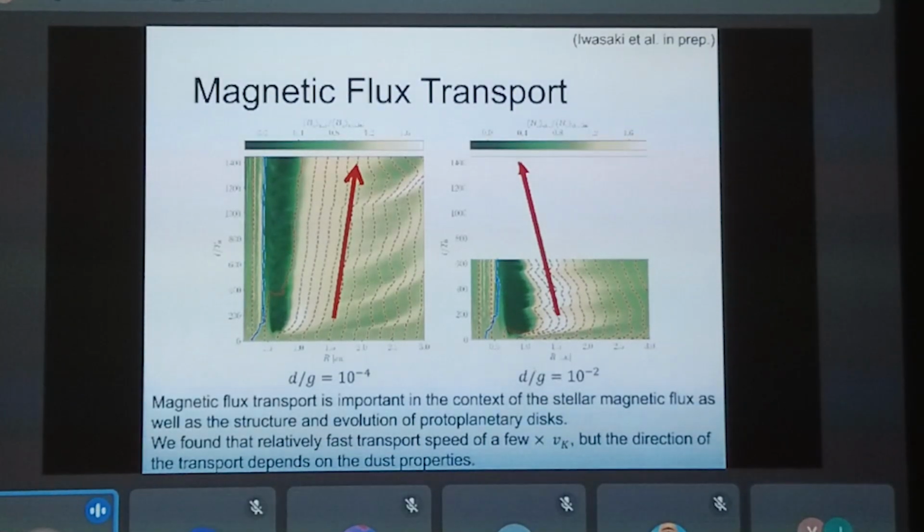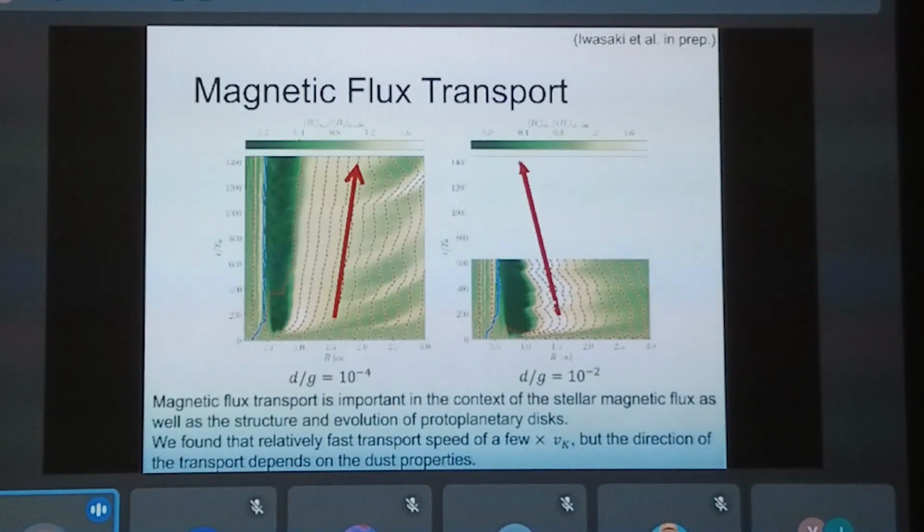However, on the right-hand side, using the fiducial dust to gas ratio of the ISM, the magnetic flux is transported inward. This is very interesting and can have a significant impact on, for example, how much magnetic flux a star can acquire during the accretion phase.